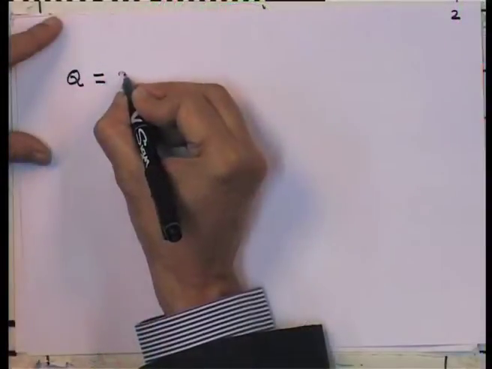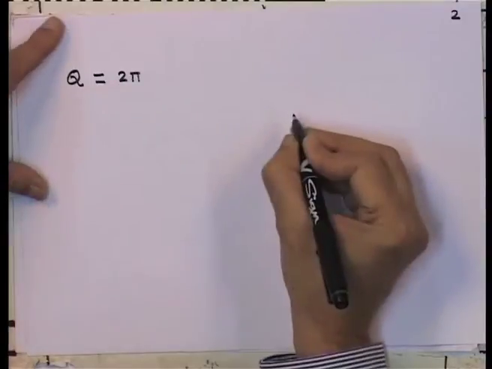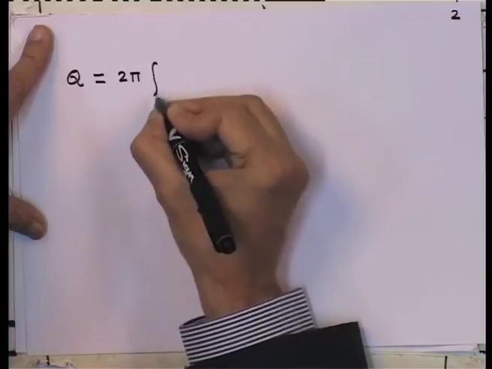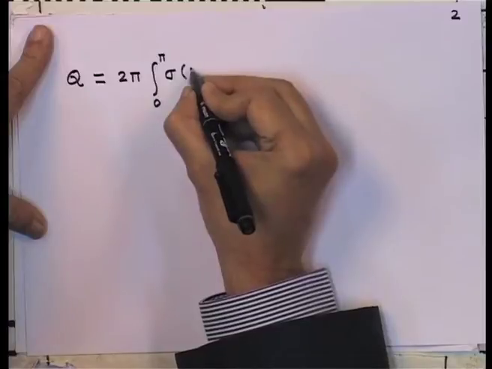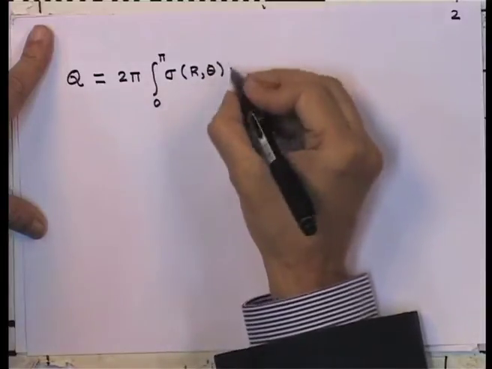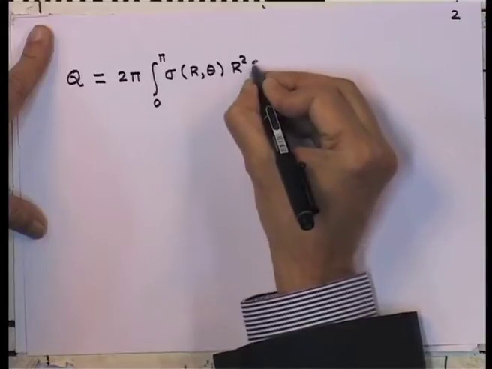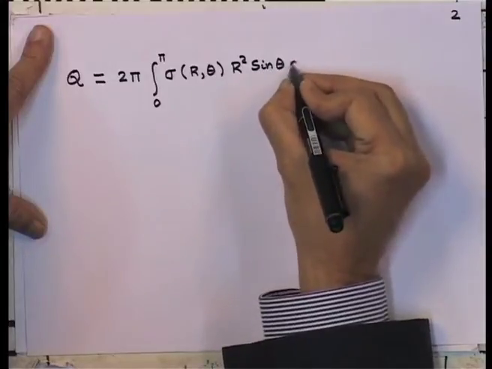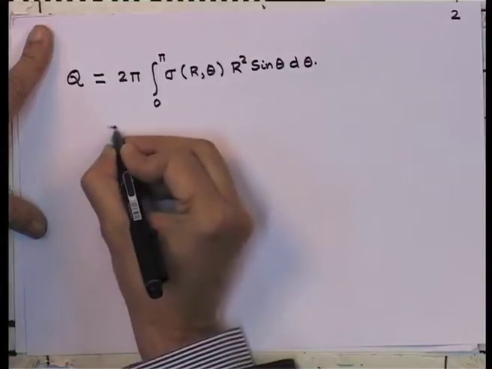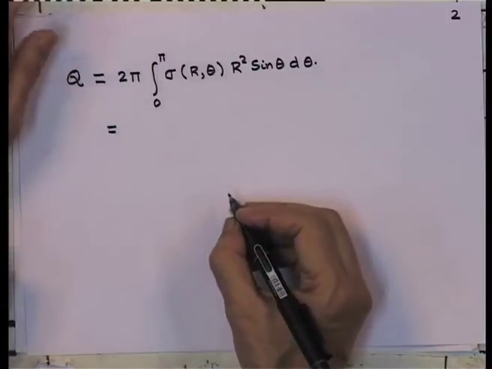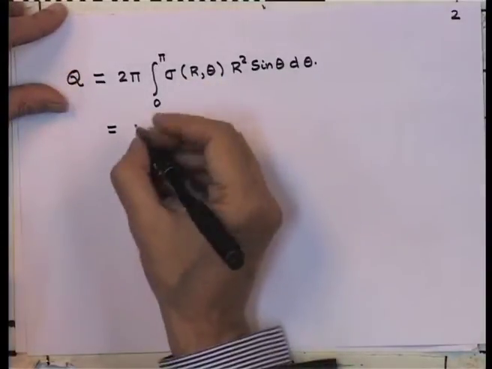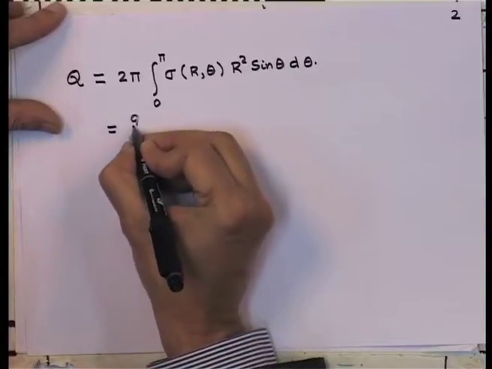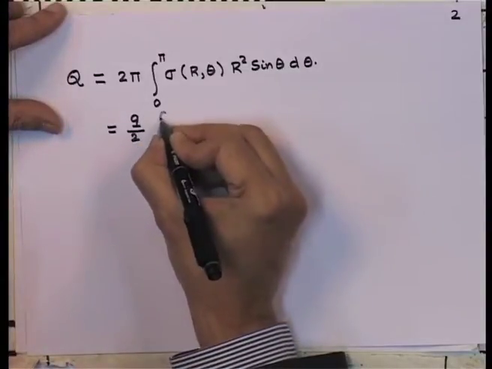So, this gives me total, there is a 2 pi from the phi integration on which it does not depend, and I have got 0 to pi sigma at r theta. Then of course, the surface integral Jacobian r square sin theta d theta. So, this quantity, if you look at that, I have an expression for sigma earlier, and you put that. So, 1 over 4 pi was there, that will give me q by 2, and integral.